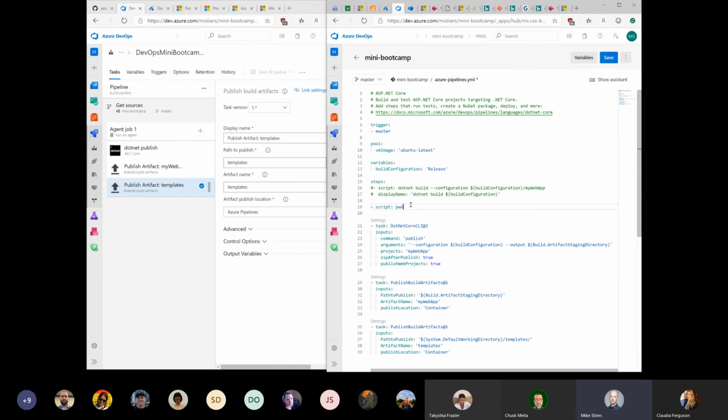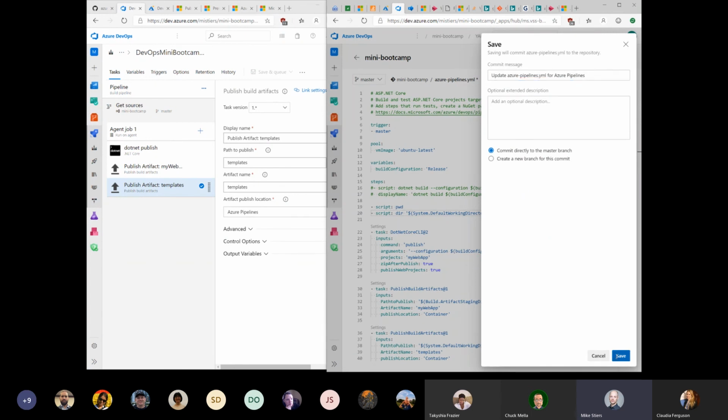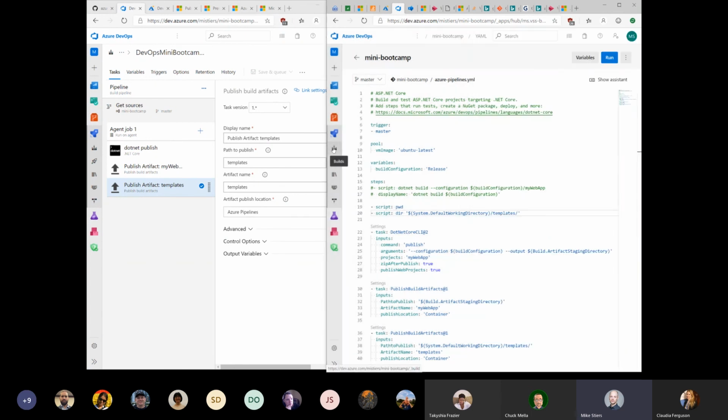What's the default working directory or the present working directory for the agent? I can type pwd and we'll output that as a step. I can say script. So say I was trying to find out what's in this system default working directory. I can say dir that, and if I save it, the next time it runs,